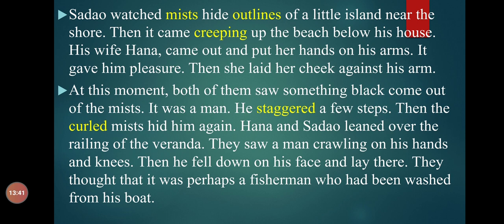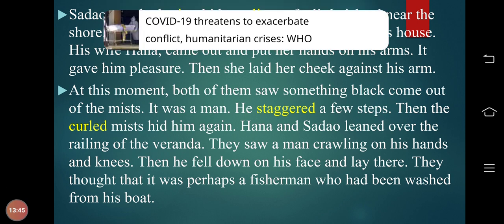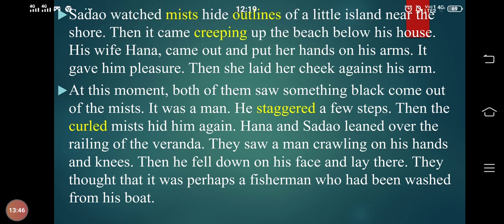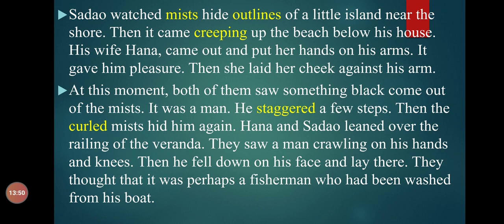Next comes staggered, meaning move or walk unsteadily as if about to fall. Then comes curled, which means form or cause to form into a curved. So these were the difficult words used in this paragraph.